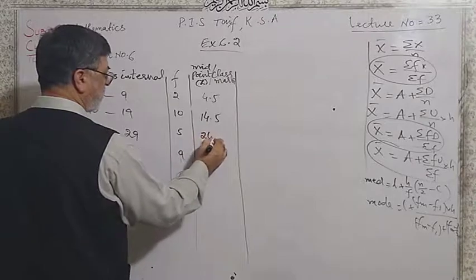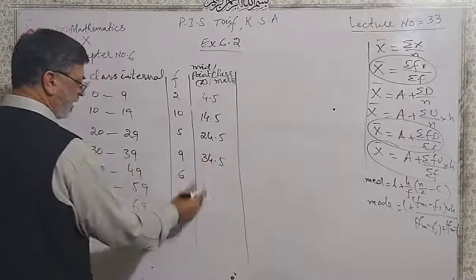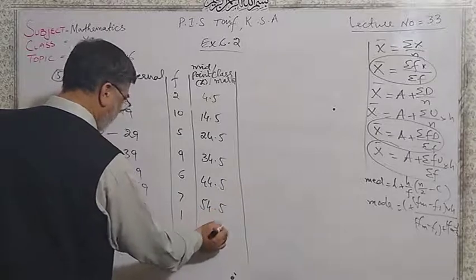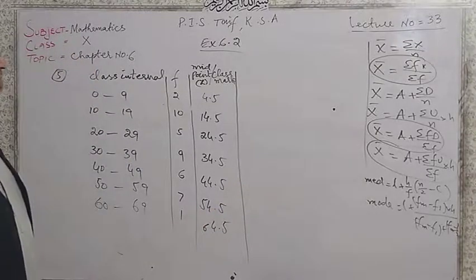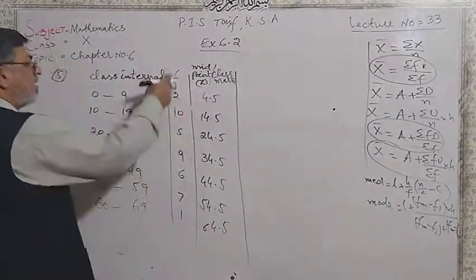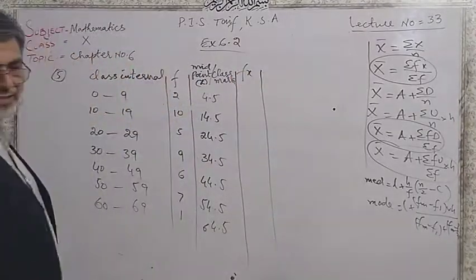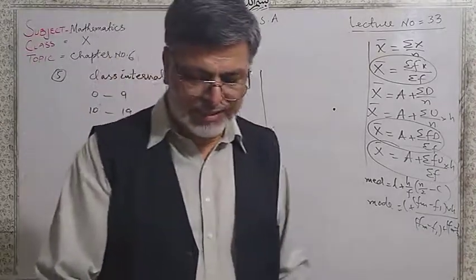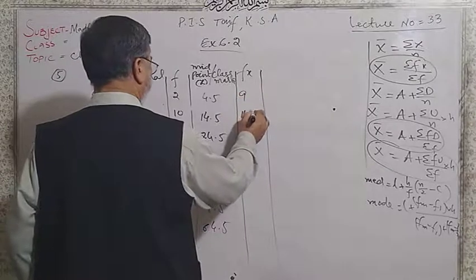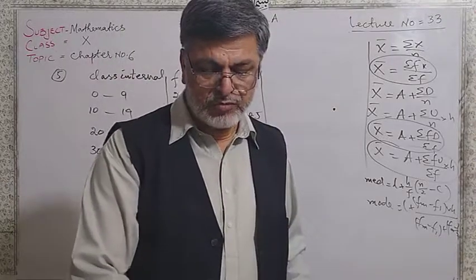Similarly, the next is 24.5. Then add 10, 34.5. Then add 10, 44.5, 54.5 and 64.5. Remember that we need fx. This is x column, this is f column, and next is fx. Remember that we will make the column of fx. Here is 9, 140.5. Then 24.5 into 5,